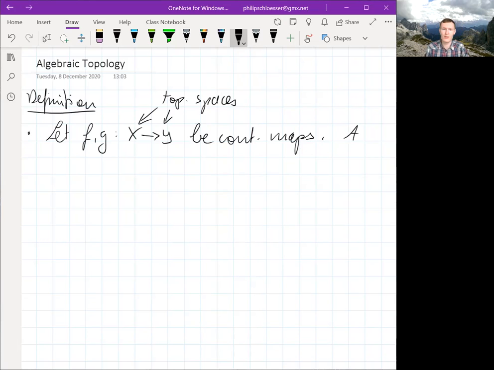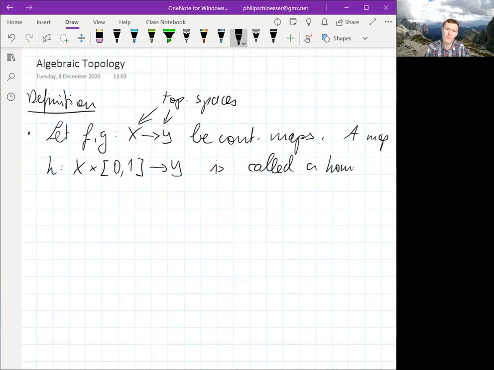Then a map h from X, Cartesian product with the unit interval, to Y is called a homotopy between f and g, or from f to g,